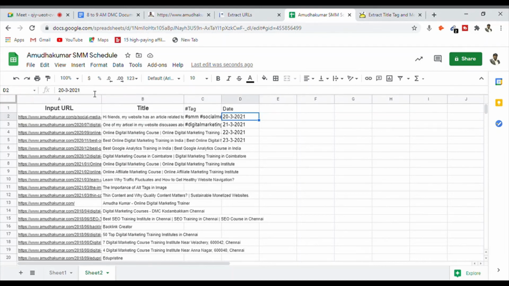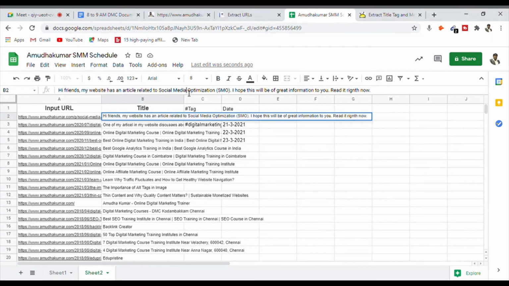Now I have my Facebook page kept open already. Remember, this can be done only on a Facebook page. Scheduling can be done on a Facebook page only; scheduling cannot be done on your personal profile. Now I can go here. There is an option to create a post. So I'm clicking on this. I'm going to my document, and at first I'm copying the text, and I'm pasting it here.